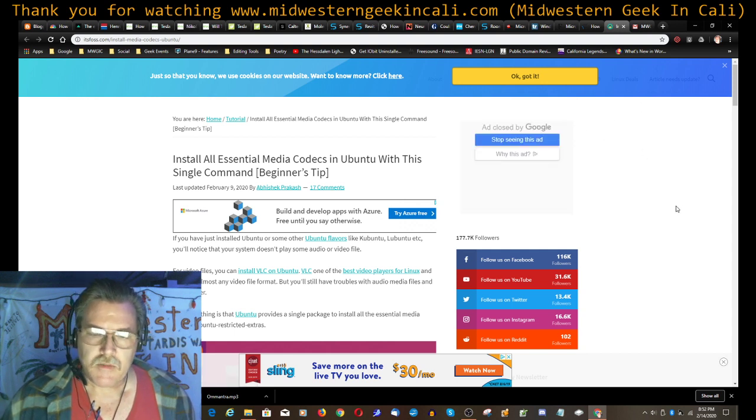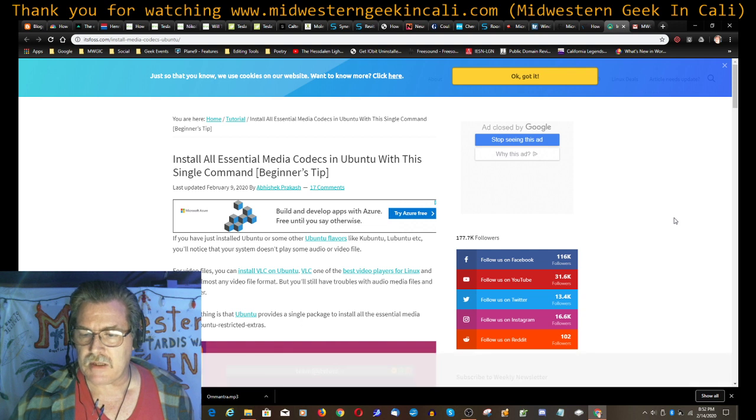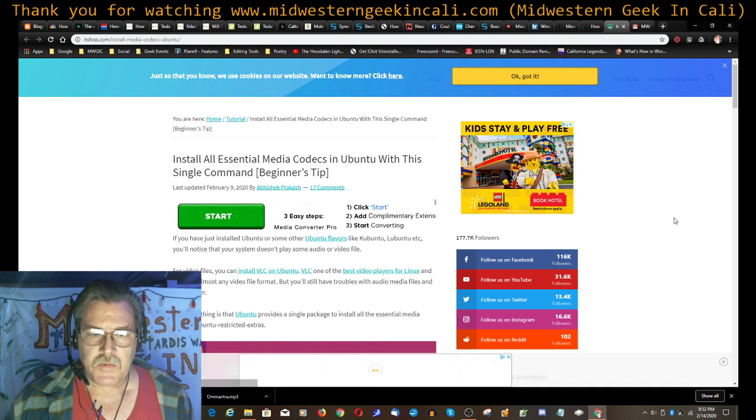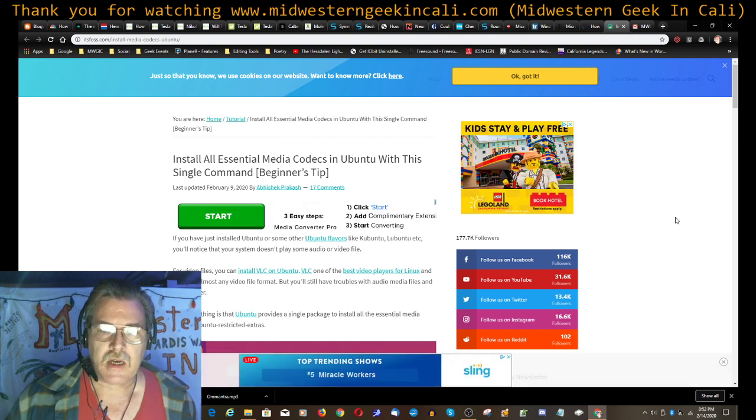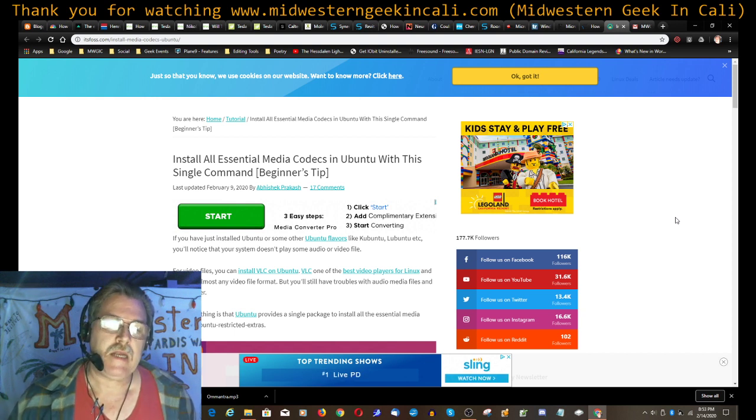All right. So there's a single command that you can use. This is a beginner's tip. I'm actually going to play with this because I use a different system that I have here for Linux. Learning Linux is running Peppermint 10, like I did in the demo on episode 105, and that is based on Ubuntu, their most recent stable release platform.